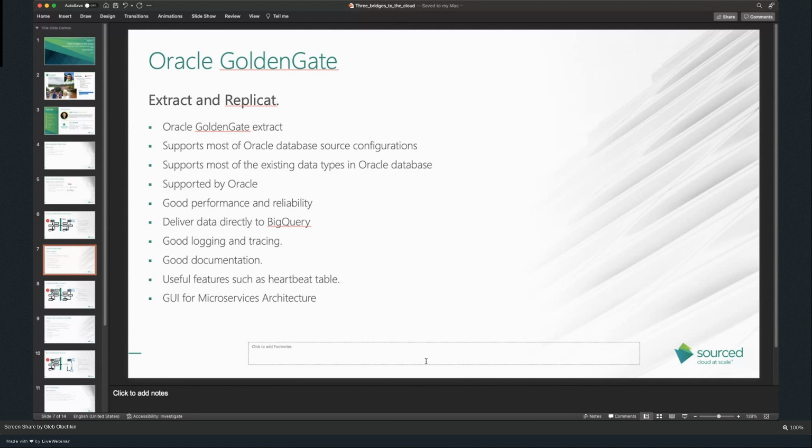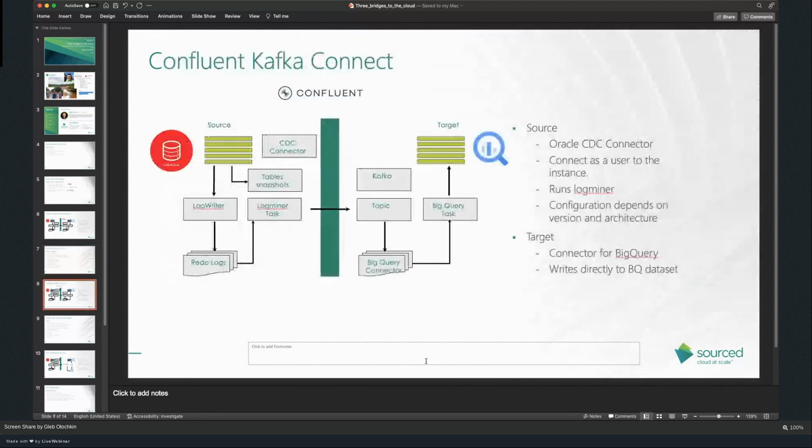So that is GoldenGate. I can talk about GoldenGate probably a couple of hours, but let's move forward and talk about Confluent Kafka Connect. Kafka is an engine which can pipe data from different sources to the universal topic, unifying the data format by using Avro or other formats, JSON, Avro, and others.